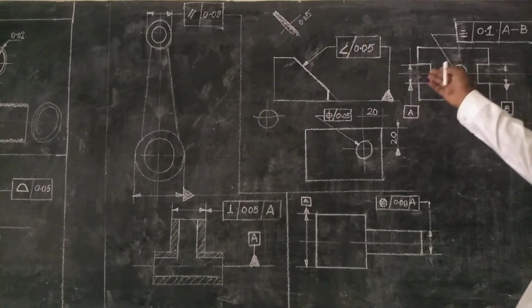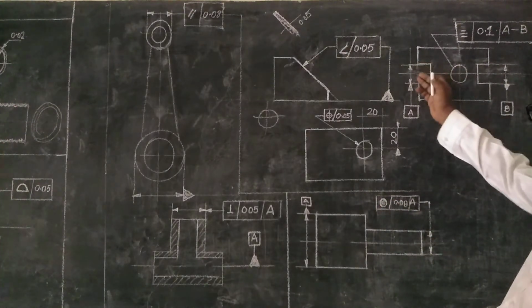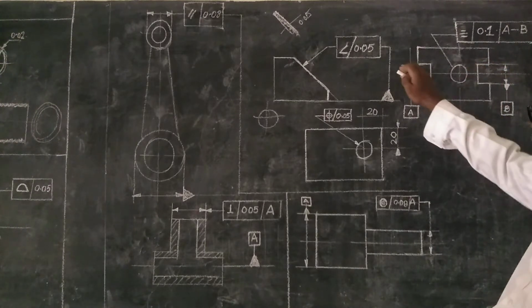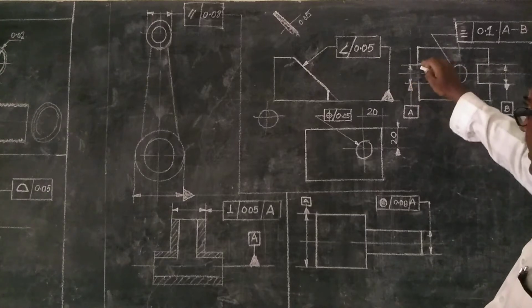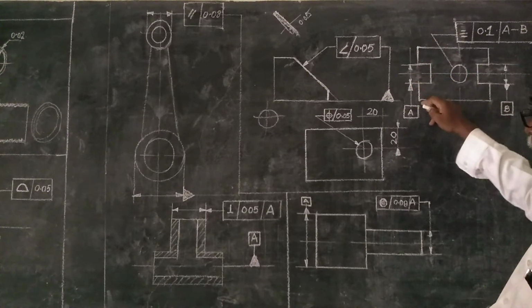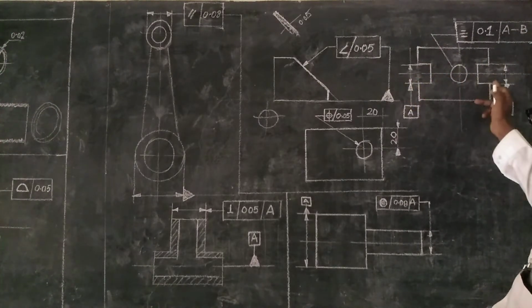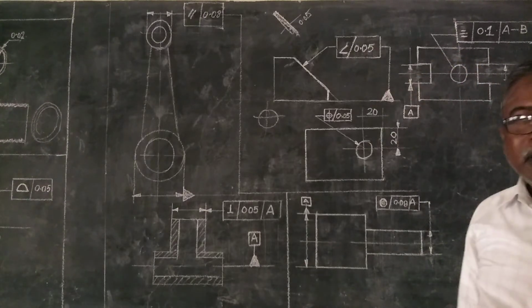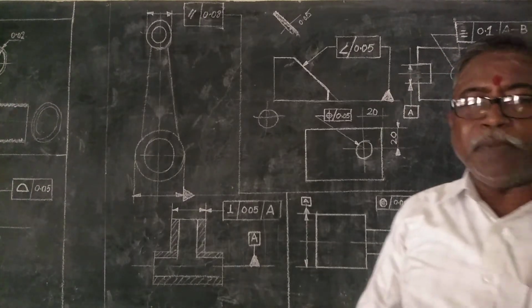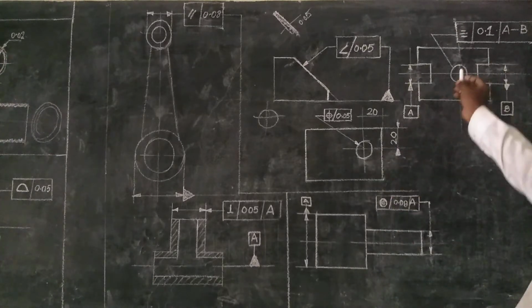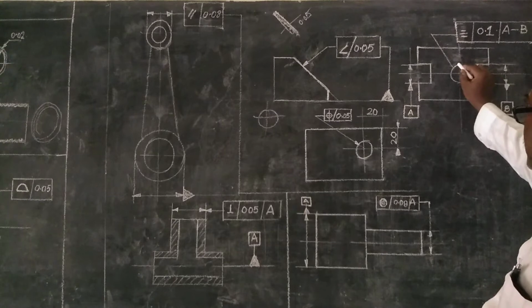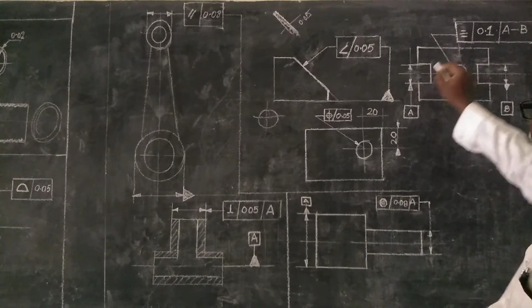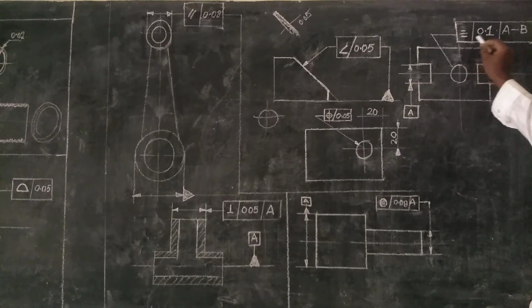Now we go to both sides, where a step is given on this side and this side. Then lines are given here. You observe the gap from here to here and the gap from here to here, the depth from here to here and the depth from here to here, when it is symmetrical like this. The hole is also given, and in this slot only, for this hole, these two slots are given exactly in the center.